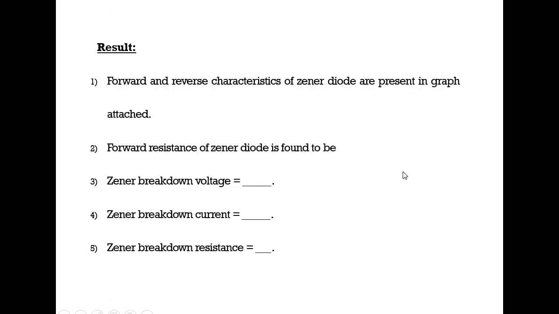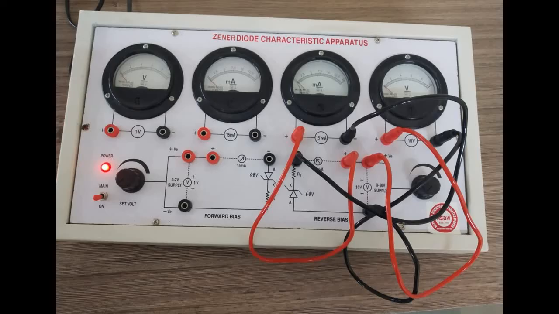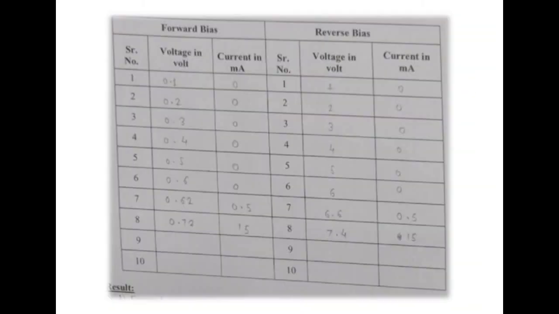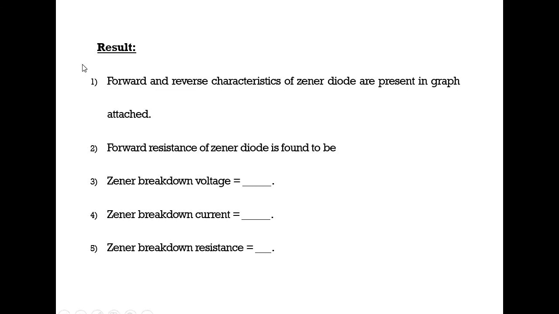Okay, now next to that, you have to plot the graph which is shown over here. So in your lab manual, you will see a graph paper is provided. On that graph paper, you have to plot the graph. If you do not have the hard copy right now, don't worry, we have one week. Maybe before the next practical, you can get the hard copy, and then you can go for the further part, plotting the graph. Okay, next to that, what results are expected from this particular practical?